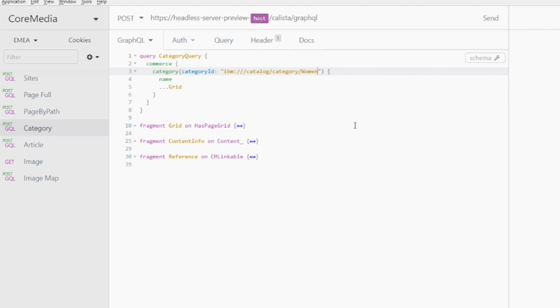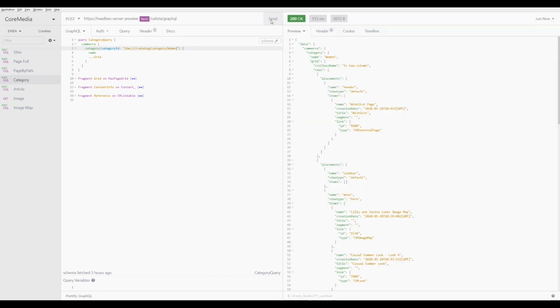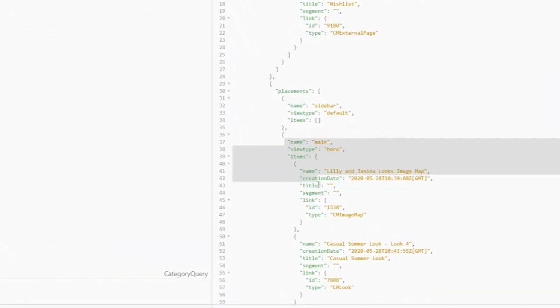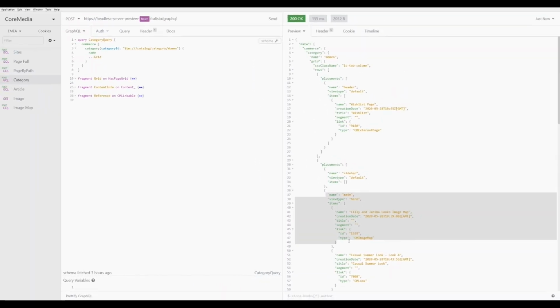Just like a page, a category has a grid we can ask for. So if we fire this query, we will actually get it. In the response, you can see that the grid is returned, which includes the main placement, and it contains exactly the content we have just seen in the web app. And that is how you retrieve content for